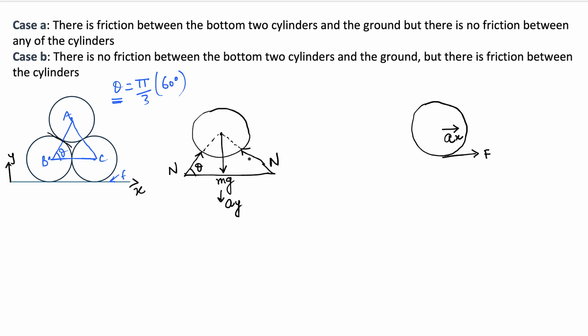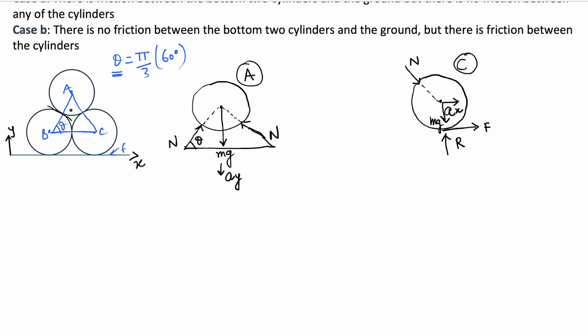This normal force that you see here, according to Newton's third law, they'll be equal and opposite. So this will also meet at the center, and this is also N, right? And there is a weight here which is mg, some reaction force from the ground which is R. Okay, so this is the top cylinder A and this is the,